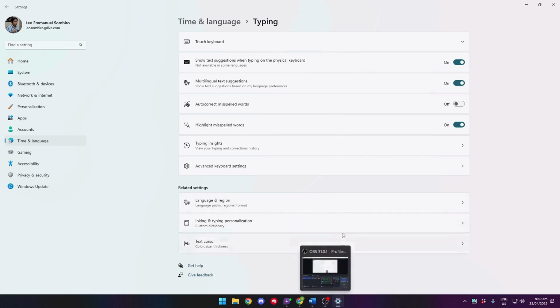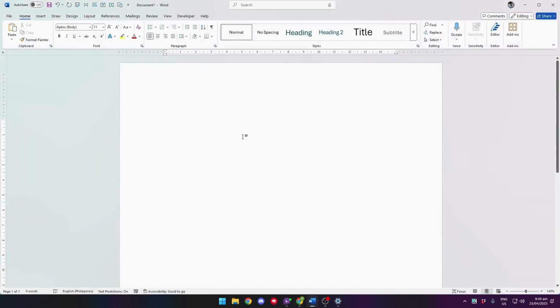Now let's go ahead and try typing, and let's see how these predictions will go. Now let's type text prediction, and as you can see, we have a prediction right there of the word prediction. And to apply that to your document, you can simply click on tab and it will automatically add the entire word. And this doesn't only work on Microsoft Word, it works on any other application on your computer, especially ones